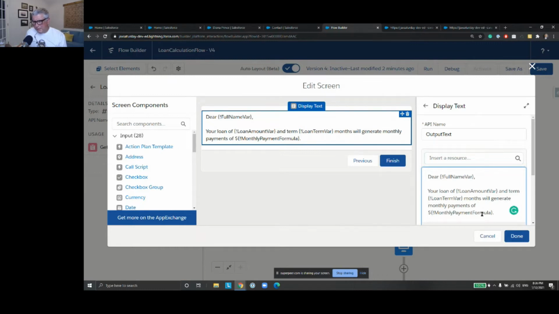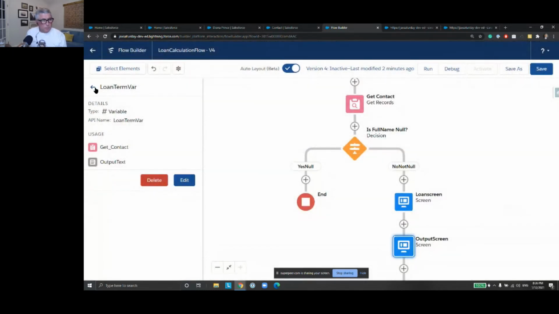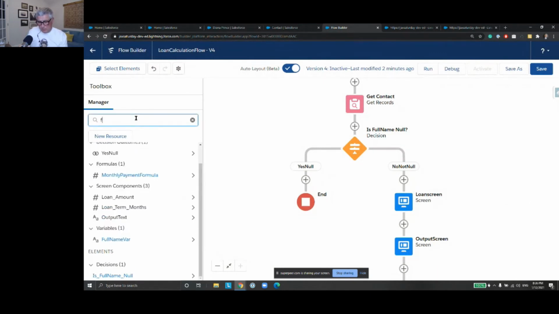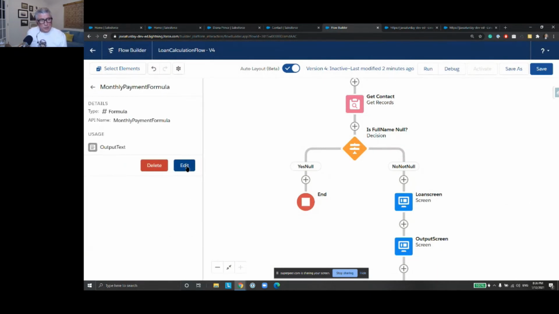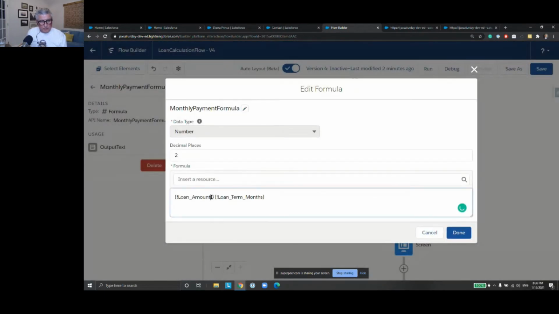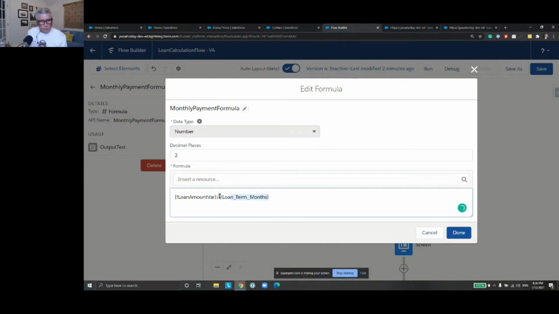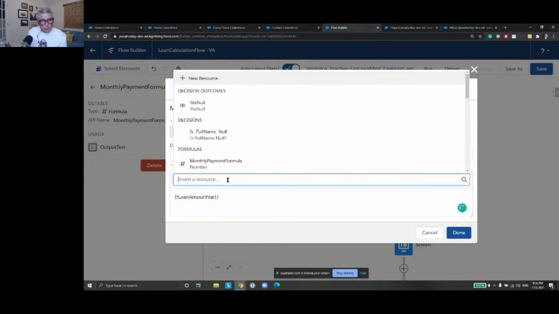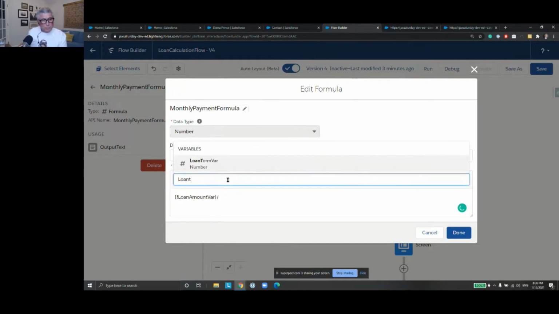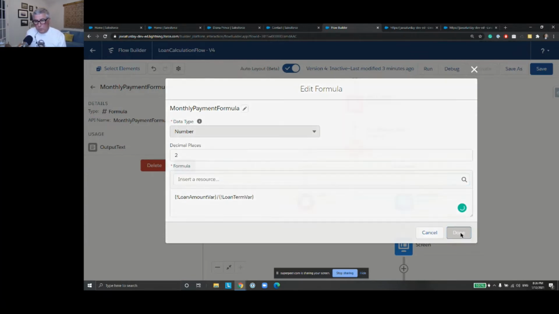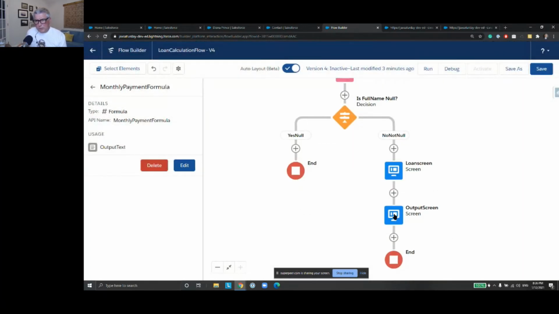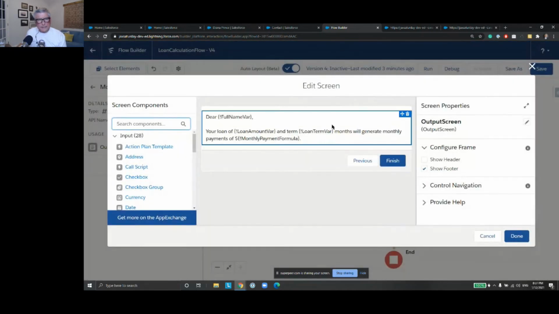Now our formula is not going to work either. We need to modify our formula. For that, we need to go here and change the input values of the formula. Loan amount variable divided by loan term variable. Okay, so as soon as I do that,